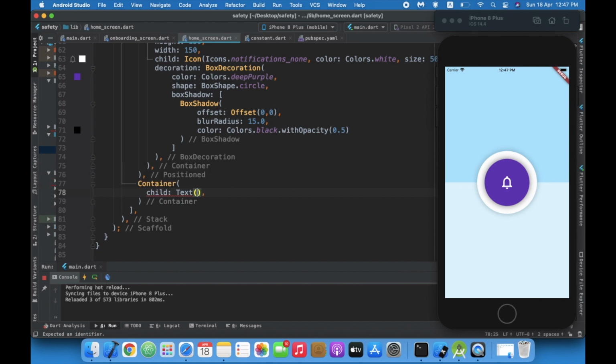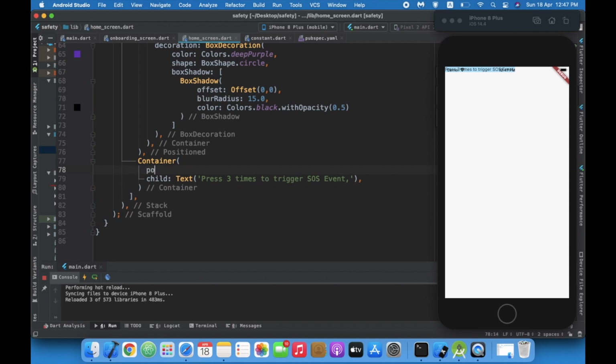Child text. Over here we will write press 3 times to trigger SOS event. Okay, press 3 times to trigger SOS event.